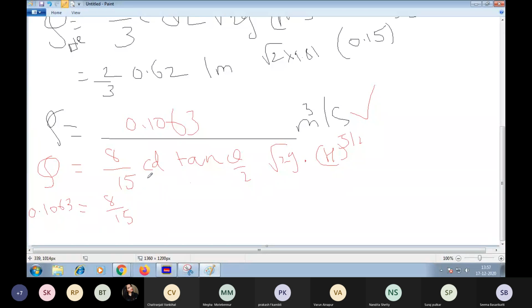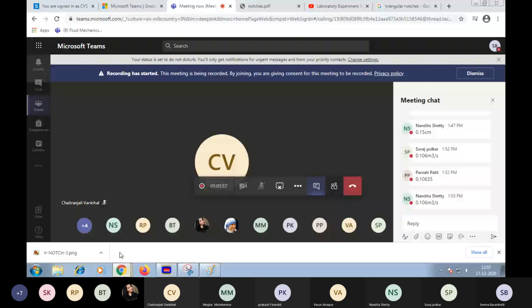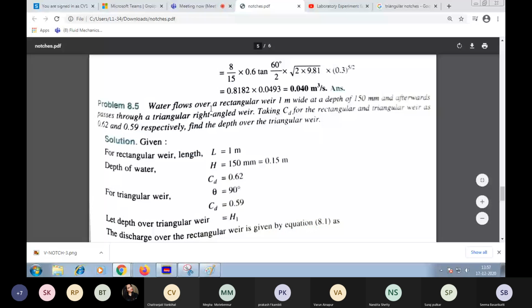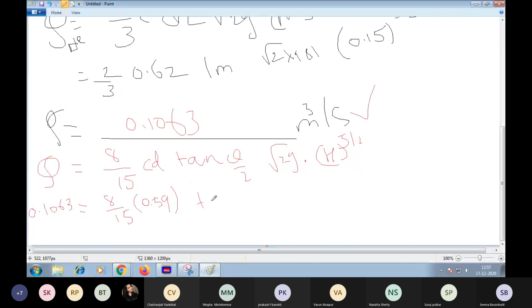What is the value of Cd they have given for a triangular weir? How much is it? 0.59. Okay, fine. And what is the angle theta? 90 degrees, because it is a right angled weir. Okay, so equate the value of theta as 90 divided by 2, and this is 2 into 9.81,